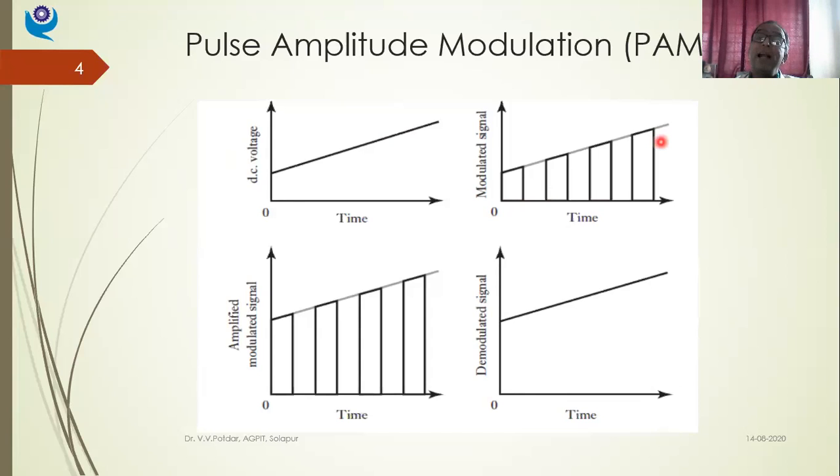Now this band of pulses is amplified. So whatever, this is the size of amplitude. Now amplified, it was just modulated or chopped signal. Now it is amplified and amplified modulated signal. Can you see the increase in height? So that is amplitude is increased. So this chopped or modulated signal is amplified, right?